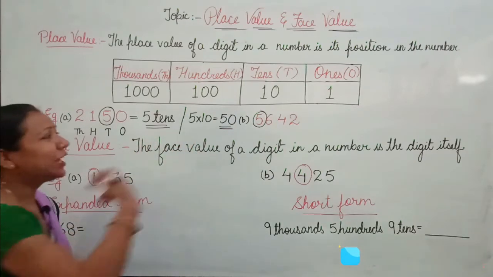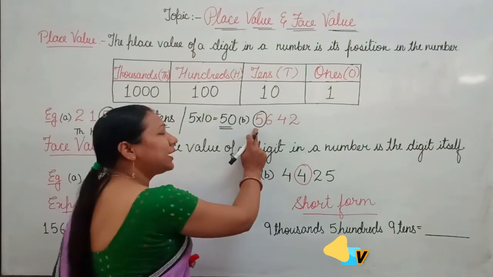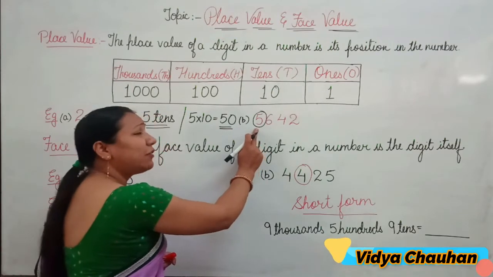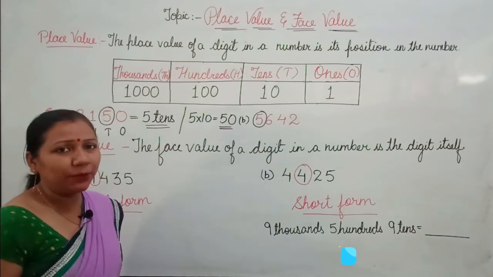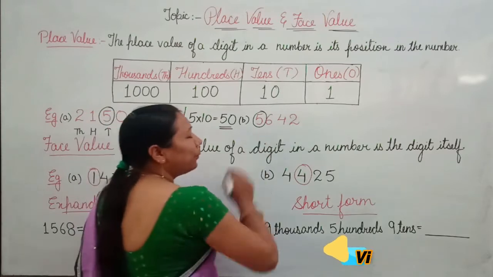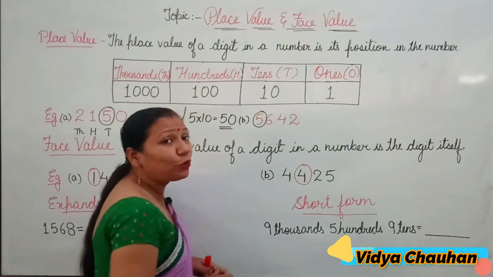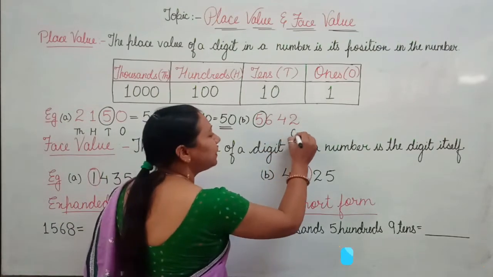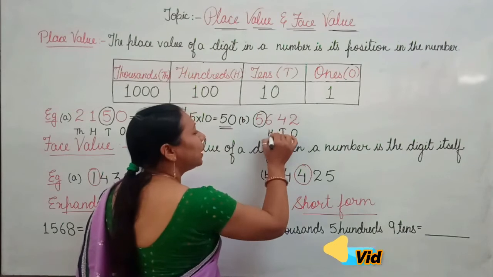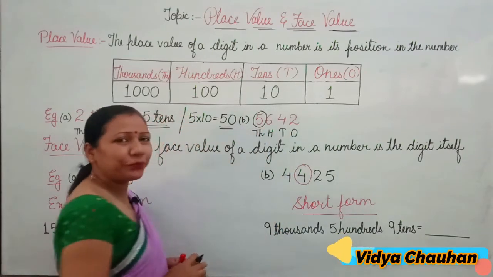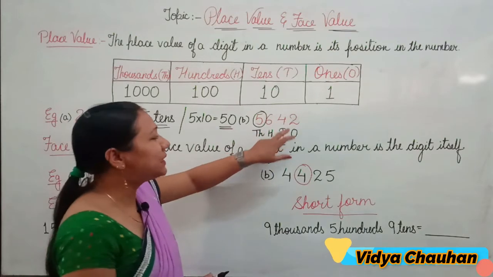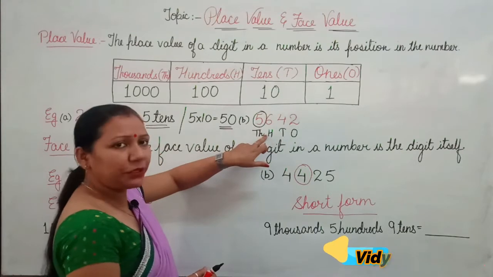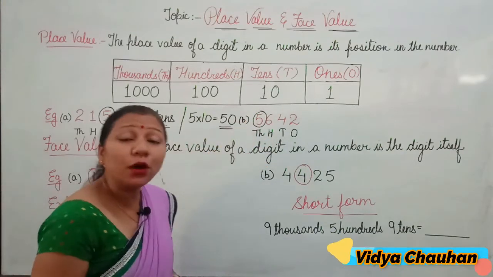Okay students? Coming to the second part, in which once again a number is given to you, 5642, and once again you have to find the place value of 5 only. Right? But before finding the place value, what we have to do? We have to write its places. So here I will write ones place, tens place, 100 place, 1000 place. Okay, so I have given them places. So 2 is at ones place, 4 at tens place, 6 at 100 place, and 5 is at 1000 place.